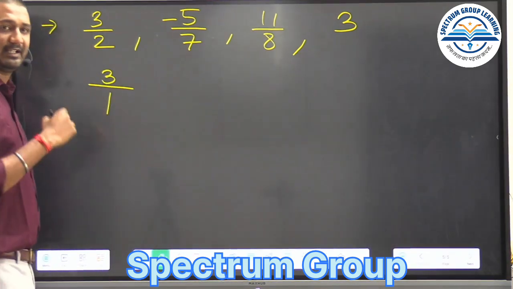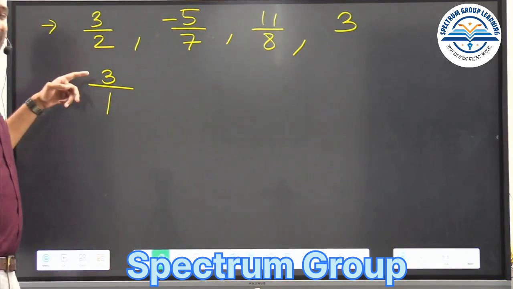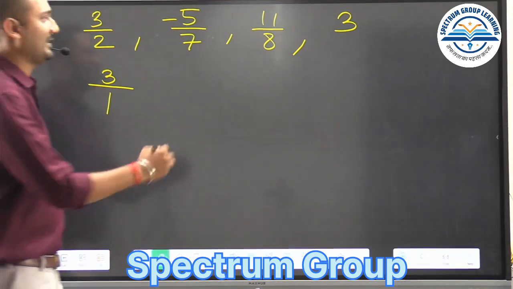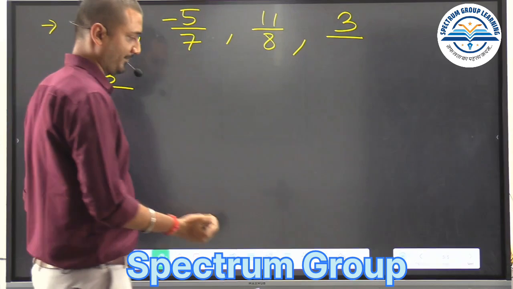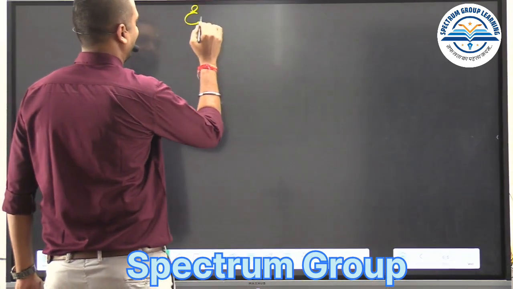3 by 1, it is written in the form of P by Q. Second condition, both are integers. Yes, both are positive integers. Third condition, Q is not equal to 0. That means a natural number is also a rational number. Now we will see one more topic, that is equivalent